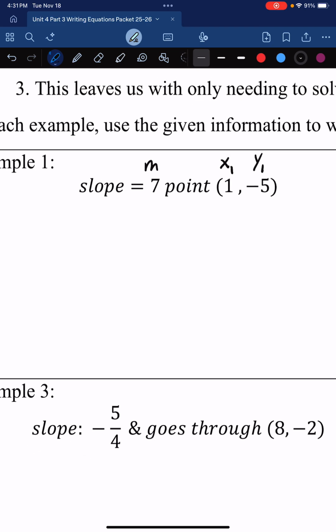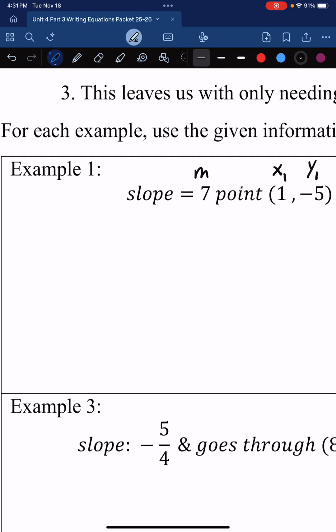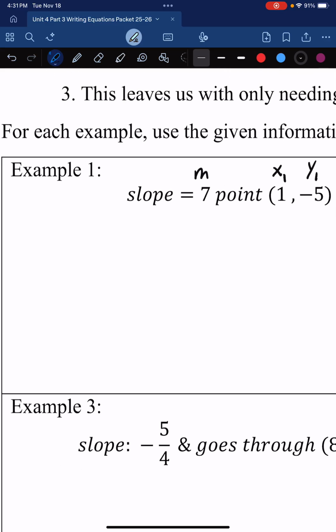Because I'm given the slope and a point, I'm going to start with my point-slope form, y minus y1 equals m times x minus x1. Then I can fill in the corresponding numbers in the correct spots. Right here, I can plug in this 7 for that m. I'm never going to plug in anything for these variables x and y. I know I'm going to have those in my final answer as soon as the 7 is given to me